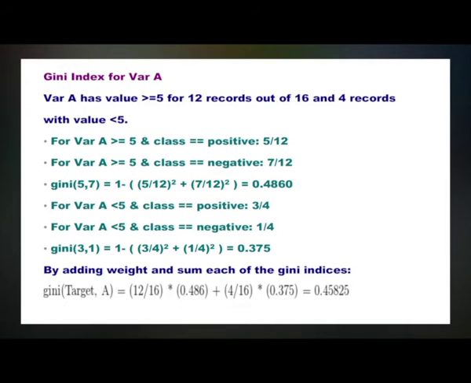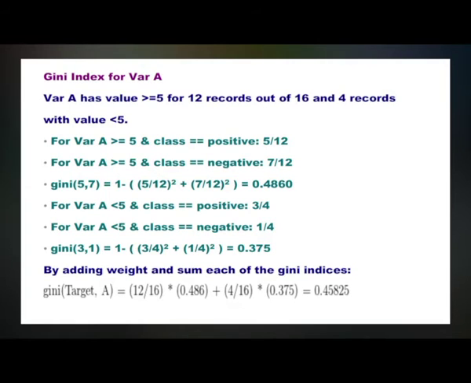0.48. For variable A less than 5 and class equal to positive, the probability is 3 by 4. For variable A less than 5 and class equal to negative, the probability is 1 by 4. Therefore, Gini index (3, 1) is equal to 1 minus (3 by 4 square plus 1 by 4 square), which is equal to